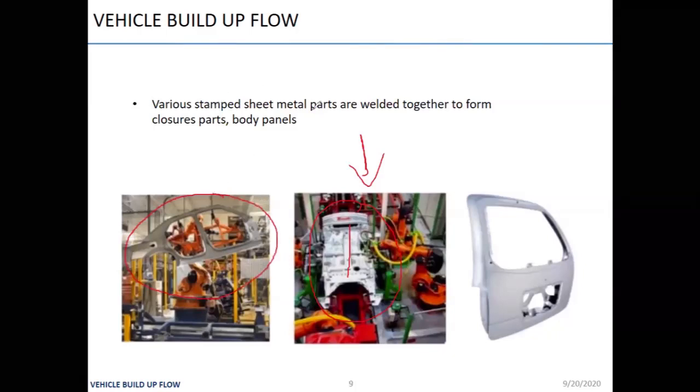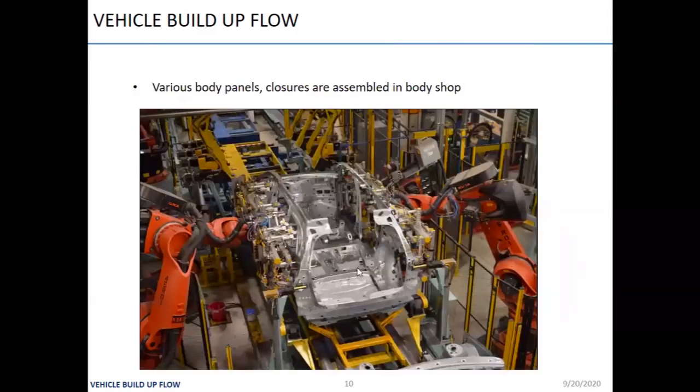Various stamped sheet metal parts are welded together to form closure parts on the body panels. So on the underbody, they will have the side body structure completely. You can have such a kind of structure. Once both the aggregates join together, you can see such an assembly together. So here the underbody is also there with the front end structure, and the complete side body structure is there. After that, what will happen? After that, the roof, the top roof, will join.